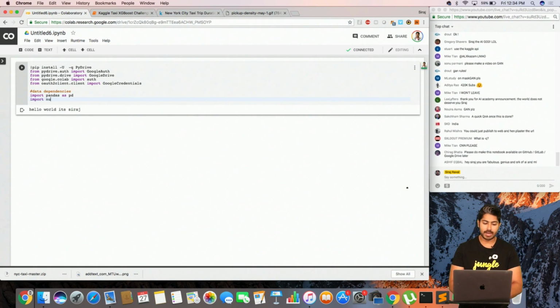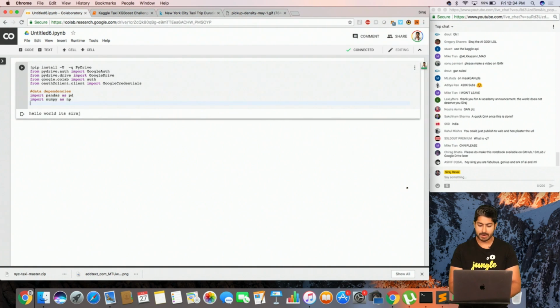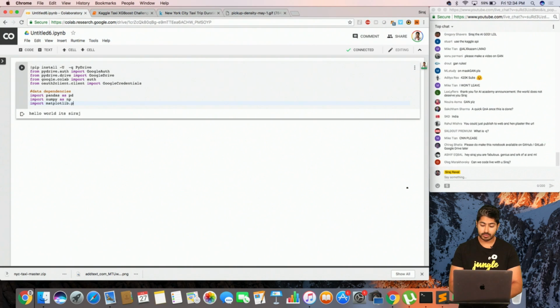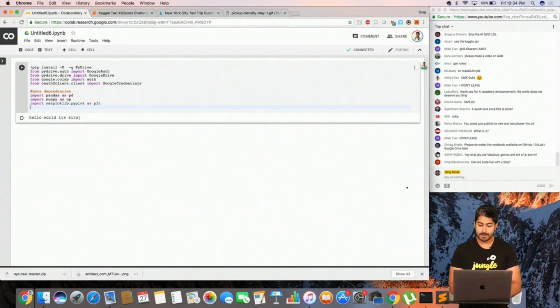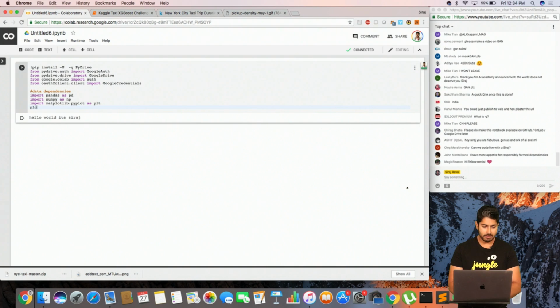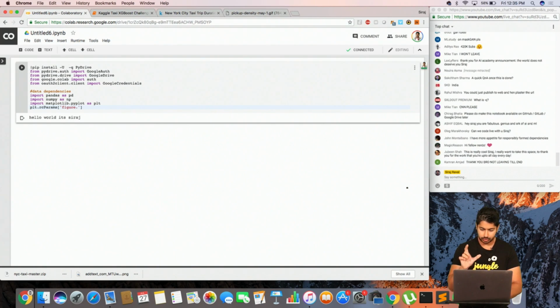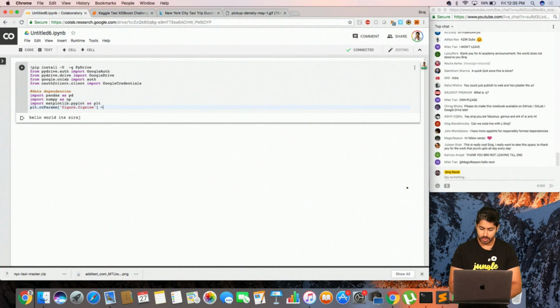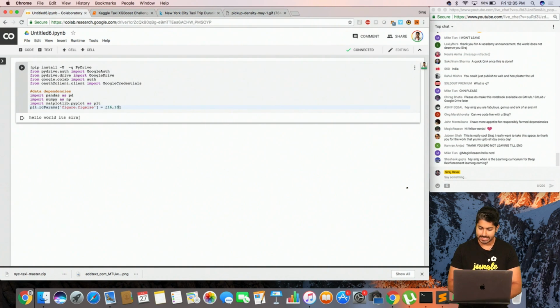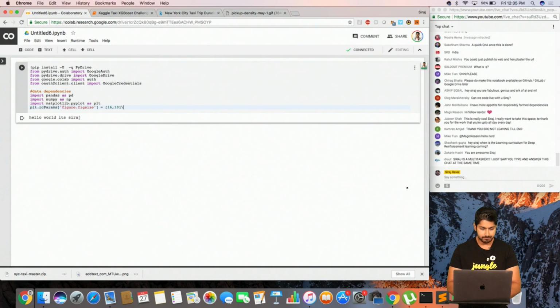And of course, NumPy is always a go-to for any kind of matrix math that we might have to do in the end. We also want to be able to visualize this data set, so we're going to import Matplotlib. And I want to set this parameter for Matplotlib such that the figure is a certain size that's going to fit in my screen. So what width and height do I want? I would say 16 by 10 for this screen.